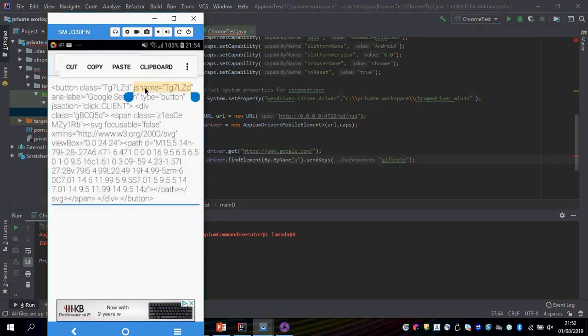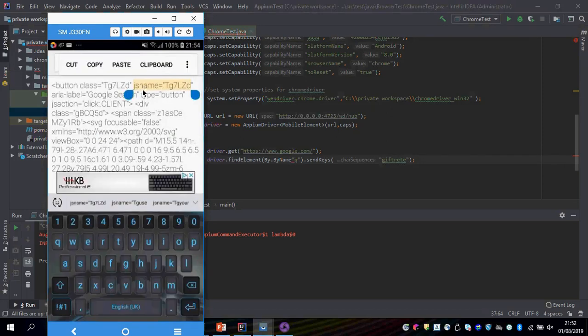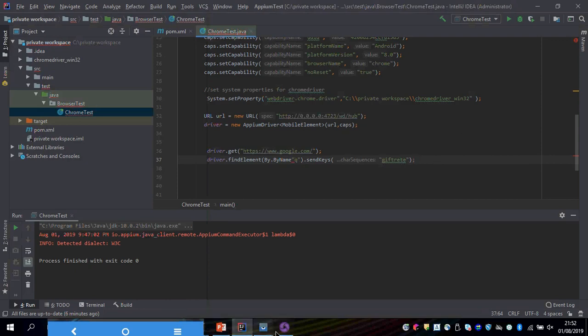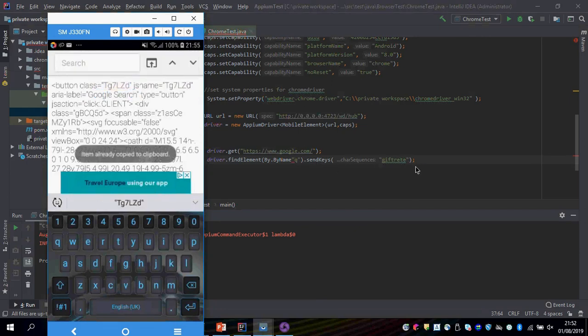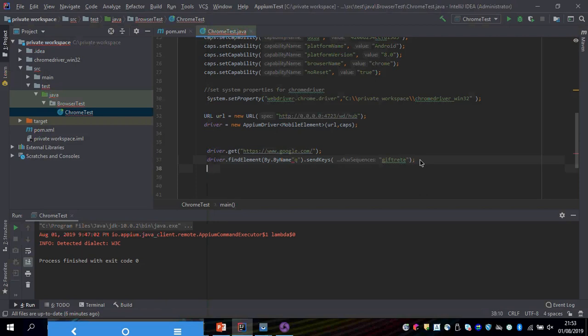Oh, okay, I have the name as well. I can use this name. It says something GS. I can't see it properly. Okay, I have the class. I can use class. So let's use class. What's the class? The class is this. Class is equal to tg7 blah blah blah. So I just copy it. Copy. So if I come here,